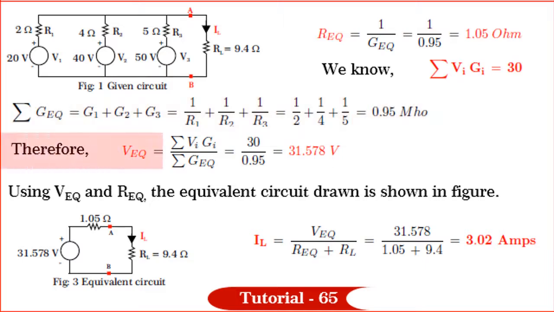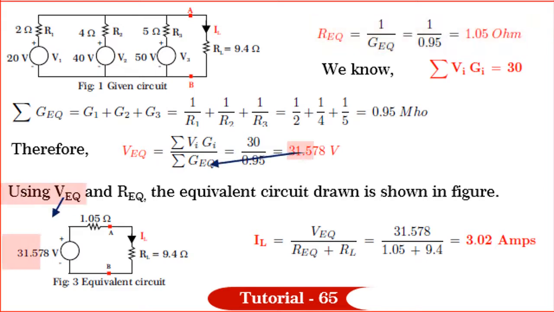Therefore, V equivalent is equal to 30 divided by 0.95, which will give us 31.578 volts. But R equivalent is equal to 1 divided by G equivalent, and hence R equivalent is equal to